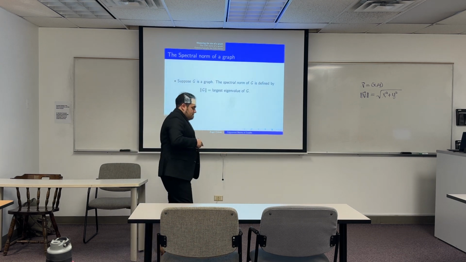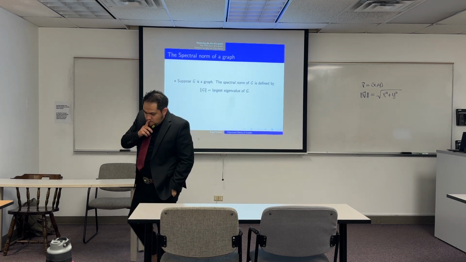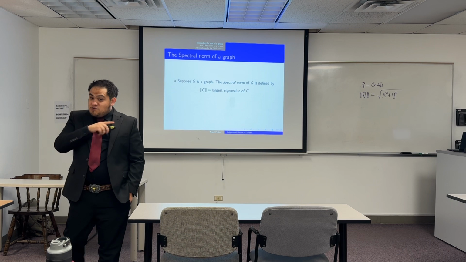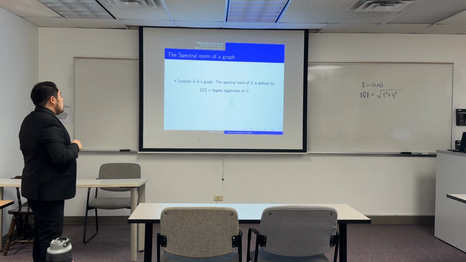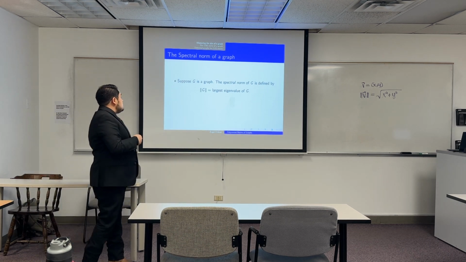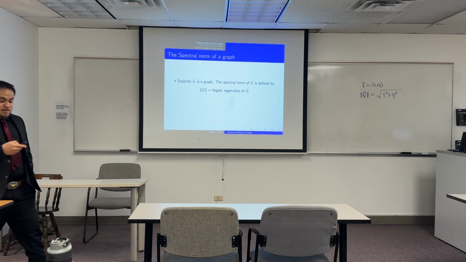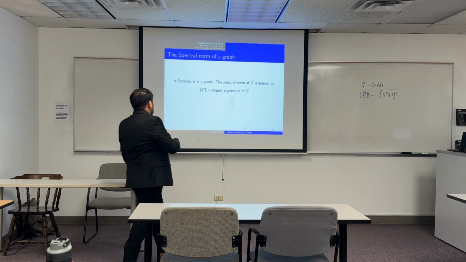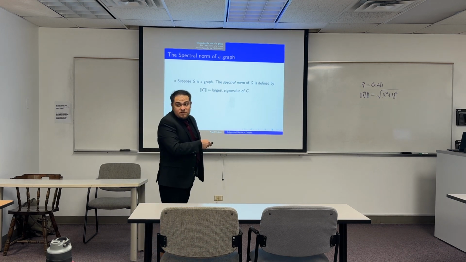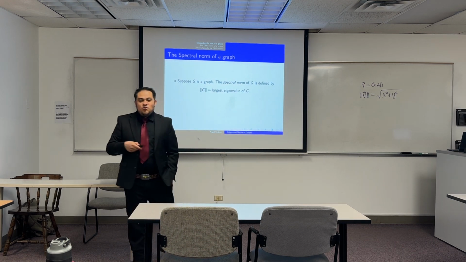Okay, so let's cut down to the chase. How do I measure the size of a graph? Here's one way. This way is called the spectral norm. So suppose I have a graph, G. One way to measure the size of G. And one interesting fact is I'm using the same notation as I am over here. Typically, lengths or norms are denoted with